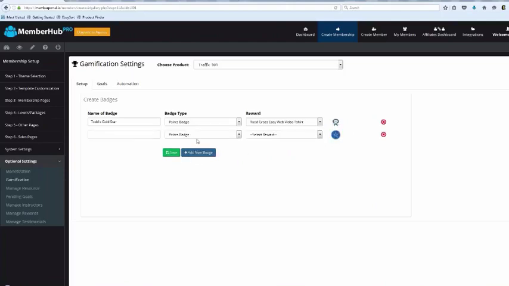Now we come over here, let's add a new badge. So this time I'm going to say the domain register badge. And this is going to be a task badge, okay? Domain go-getter. And I don't want to issue a reward this time. Okay, good enough. I'm going to click save. Now, I just went and created two badges. Can everybody do that, yes or no? Can everybody do that? Just say yes or no.